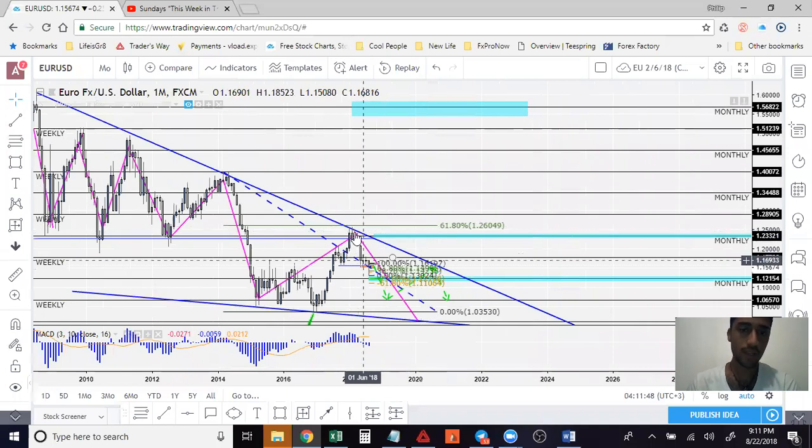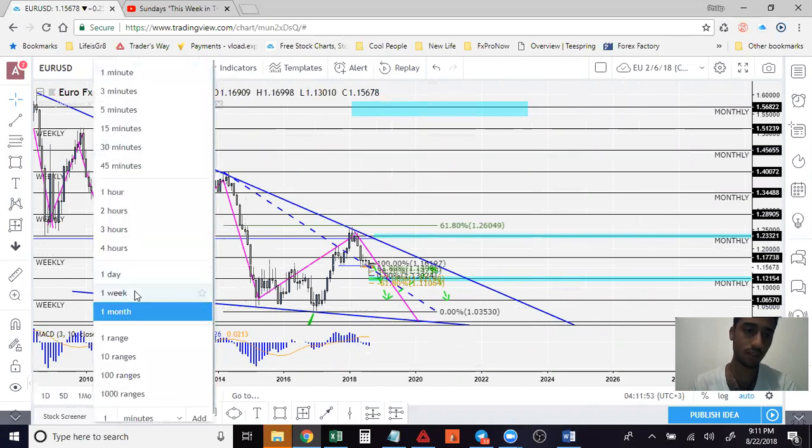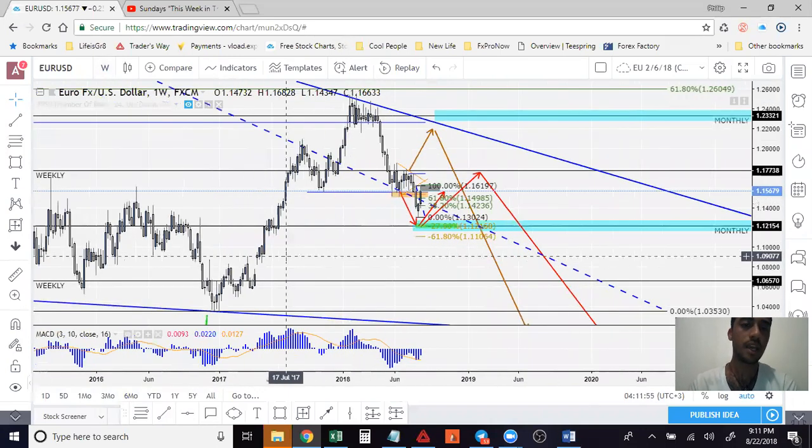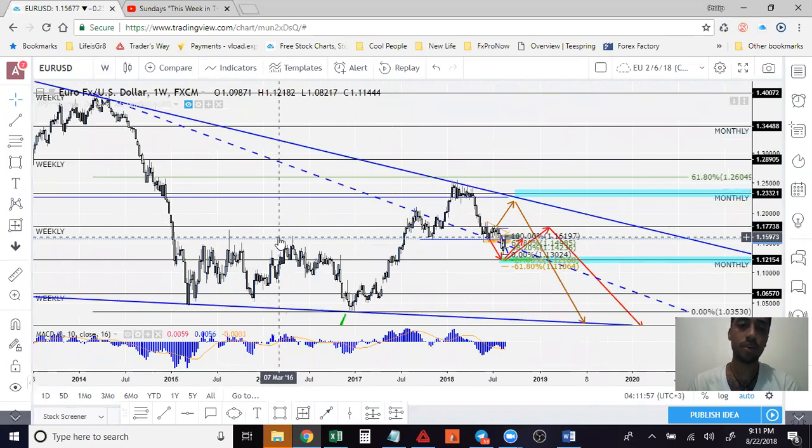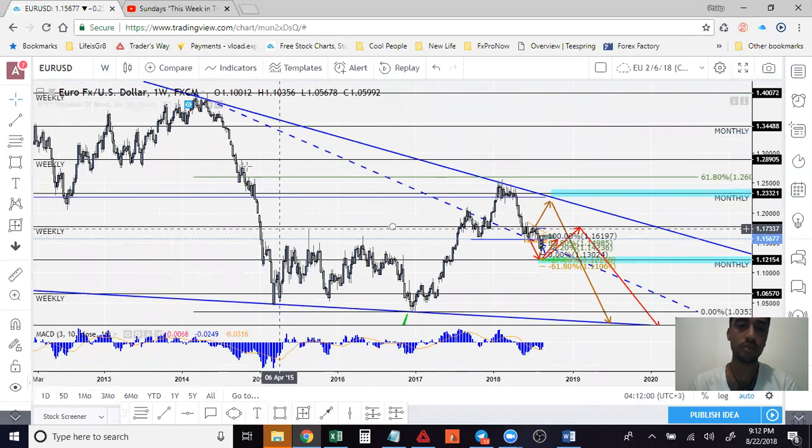So what I see here is probably a continuation of downwards movement to this area right here. So we're going to look at the monthly chart, the weekly chart now. And what I see here, if I was to put my Fibonacci retracement tool from point A to point B,